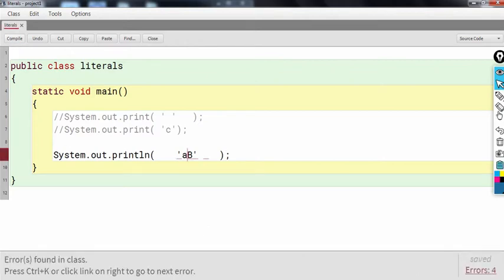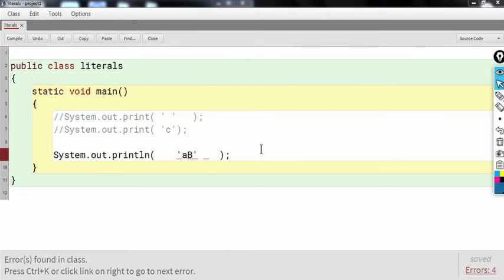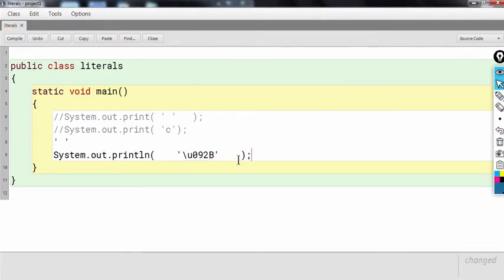Yes, you can see that an error is found. This error is happening because of more than one character being enclosed within the single quotation mark. But why isn't this causing any problem? It has also got more than one character. The reason is,